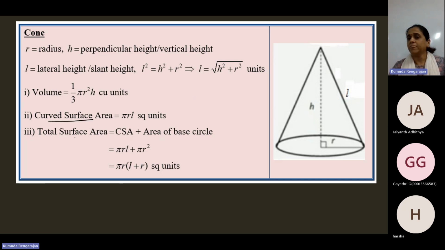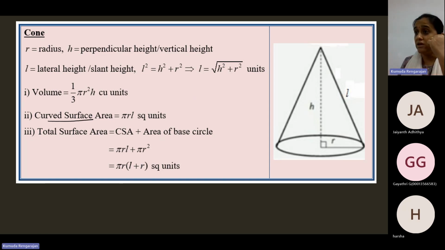Curved surface area. Now, how many surfaces does a cone have? A cone has two surfaces. It has one curved surface and one flat surface. The circular face is the flat surface. And you understand, right? That's the curved surface. Now, in the case of a conical birthday cap,